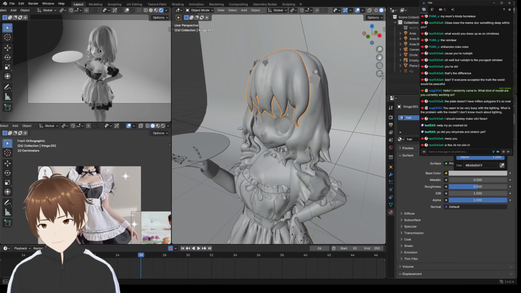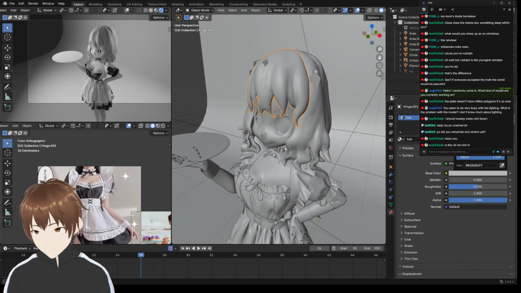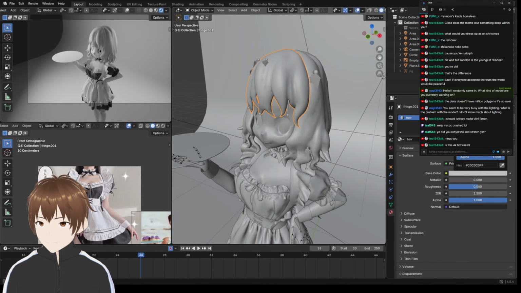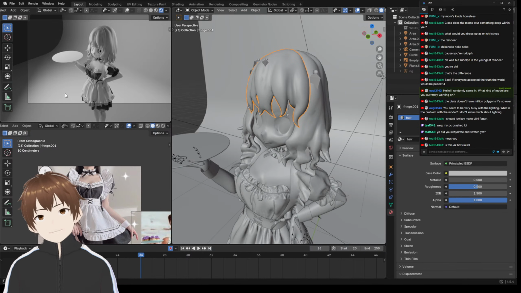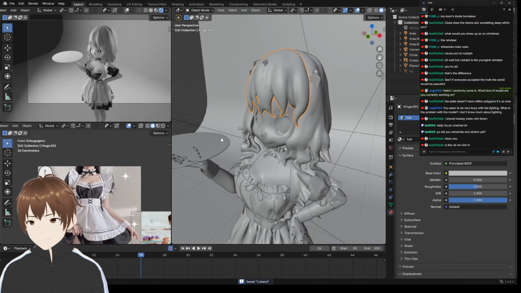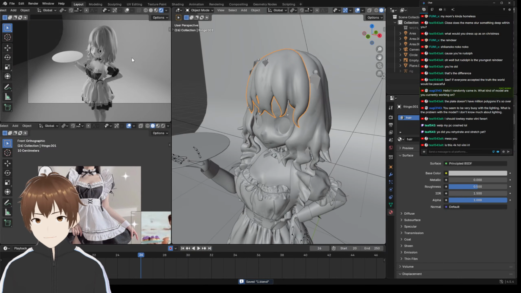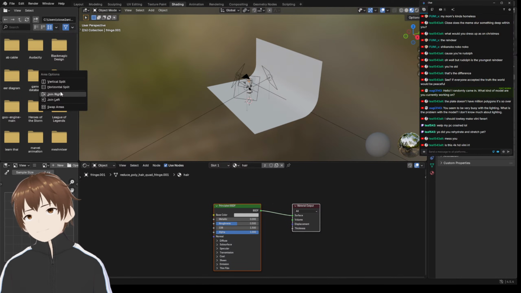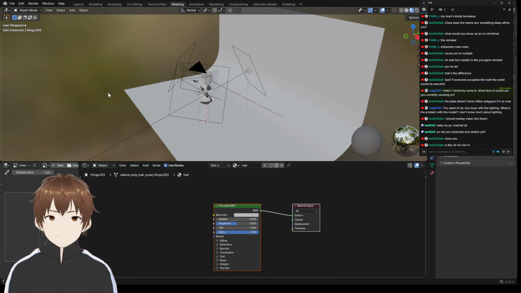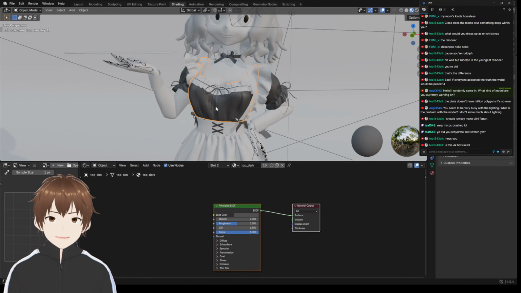Make that darker too. Not so much darker, but just darker in general. Maybe like that. Yeah, I think that's fine. Okay, let's save again, and let's try to bake this. How do we bake it, though? We gotta go to the shading editor. Join left. And then we need to take the,